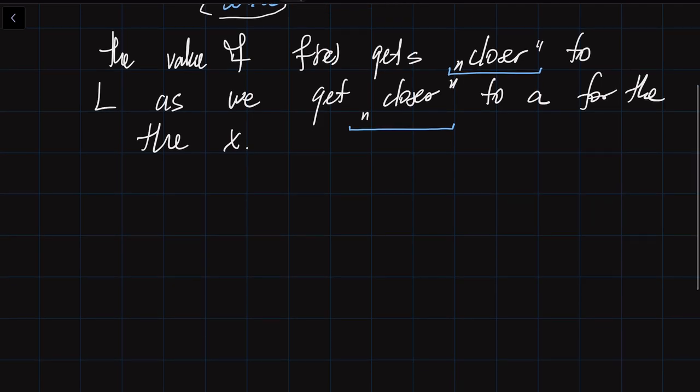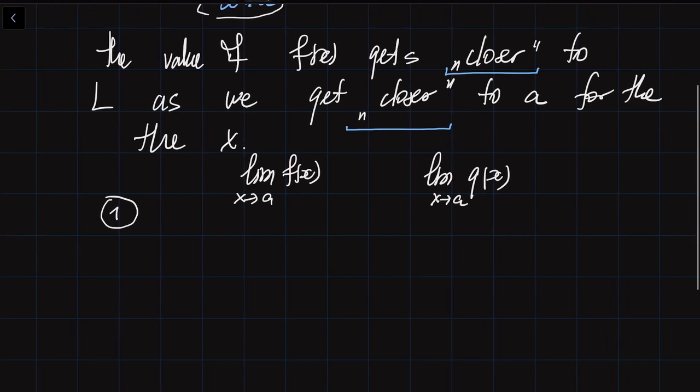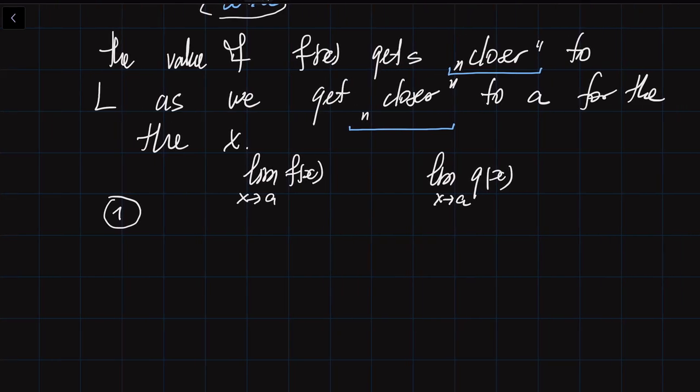They are the following. First of all, I need to mention that limits are very flexible in terms of operations with them. So let's say you've got the limit of the function f of x and the limit of the function g of x. They exist when x goes to a, right? Then if you would like to evaluate the limit of the sum of these two functions, so find the limit of f of x plus g of x